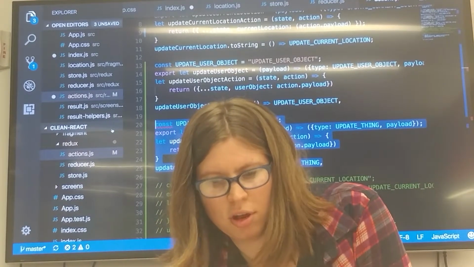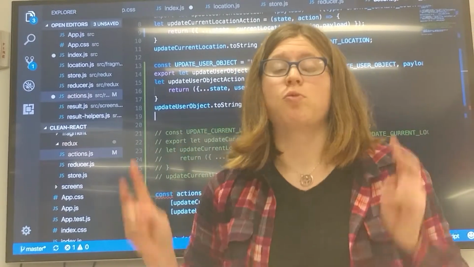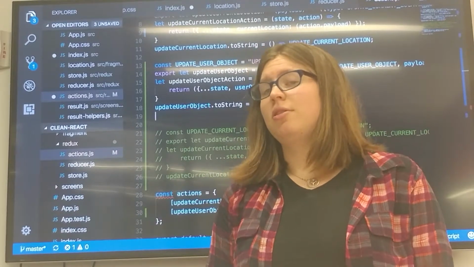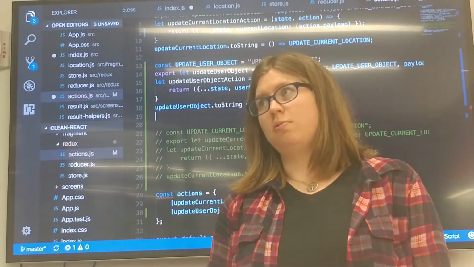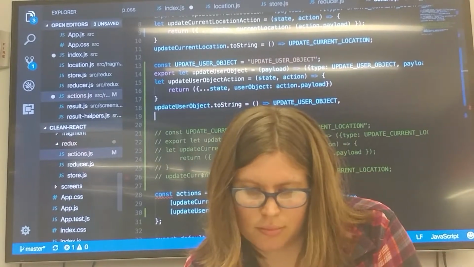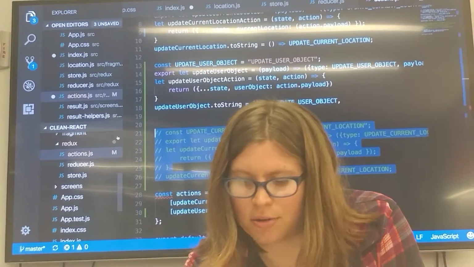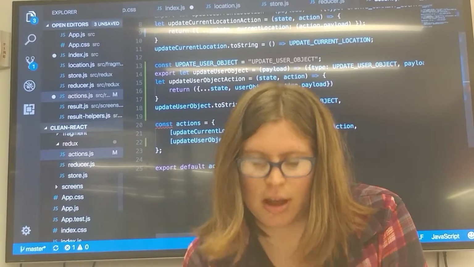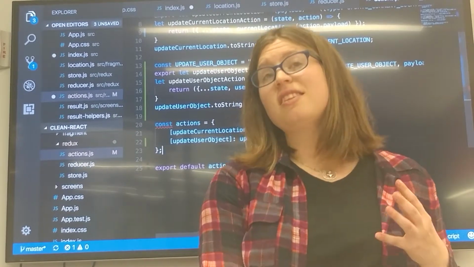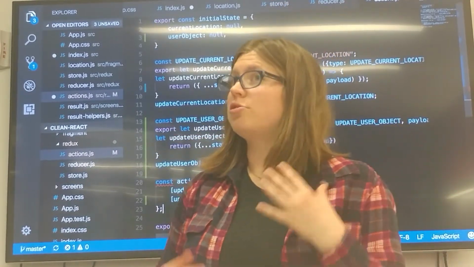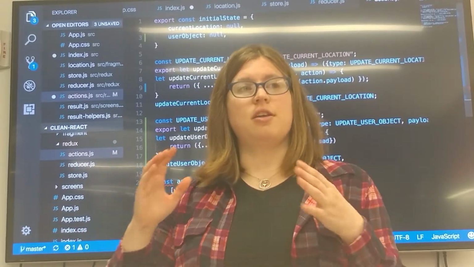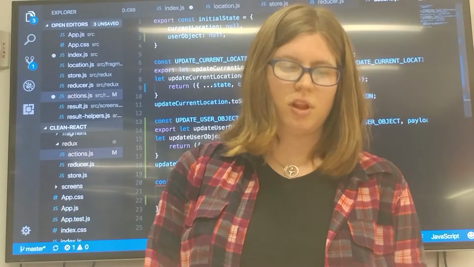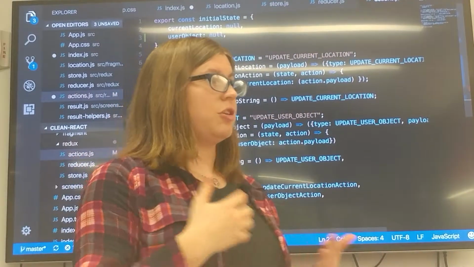But it is good if you ever find yourself needing to write out a string in two places, you want to hold it in a variable so that you never have to update two things at once. So that's another pattern for your Redux store. Now, I think the only way that the syntax is going to make sense is when you start using Redux. But now I want to go back to the pattern. So anytime the data that's going to be shared across screens